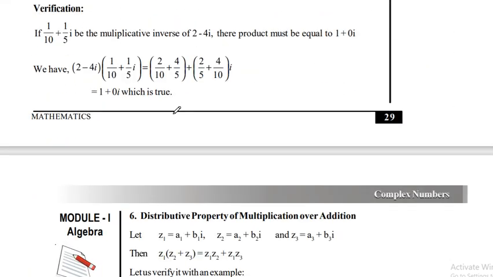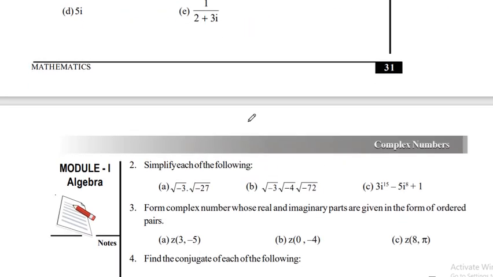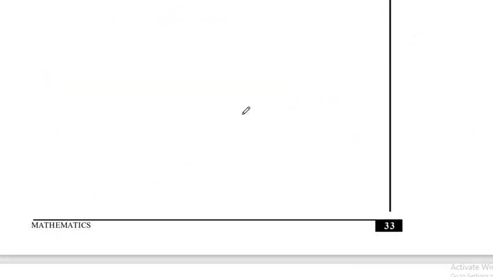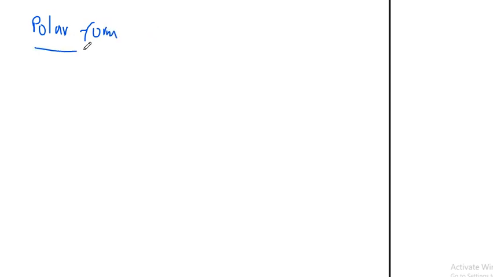These are easy things. One good thing about complex numbers is r and theta: you can represent your complex number with r and theta. This is called the polar form of the complex numbers. What is the polar form?